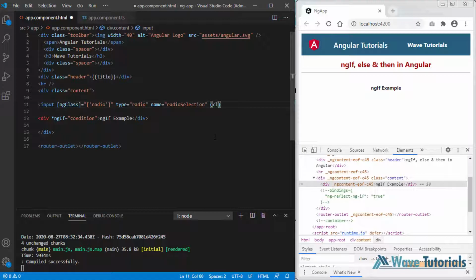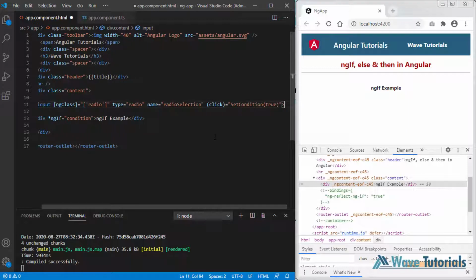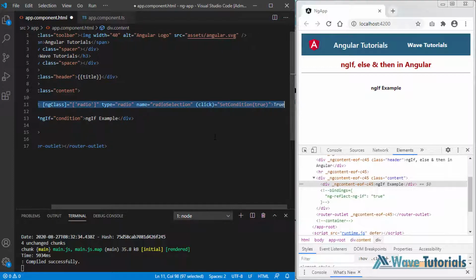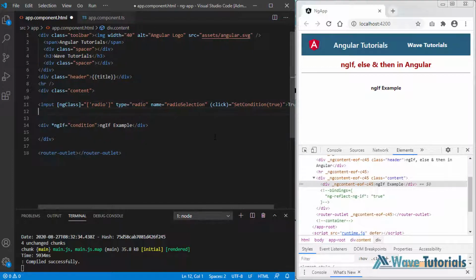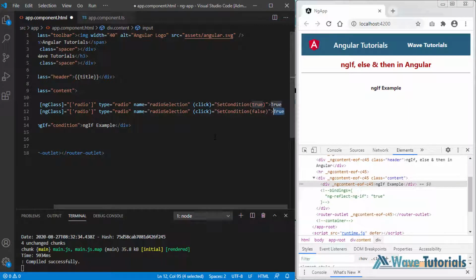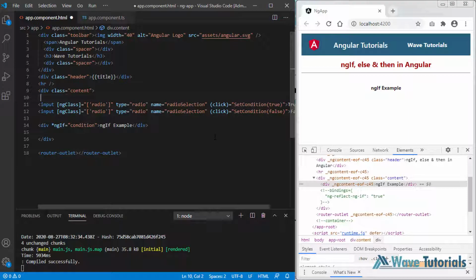and set a click event here and call a method set condition and pass the value true. And let's close the radio button and write a text here like true. Now let's create another radio which will set its value to false and its text should be false. Let's wrap it in a div